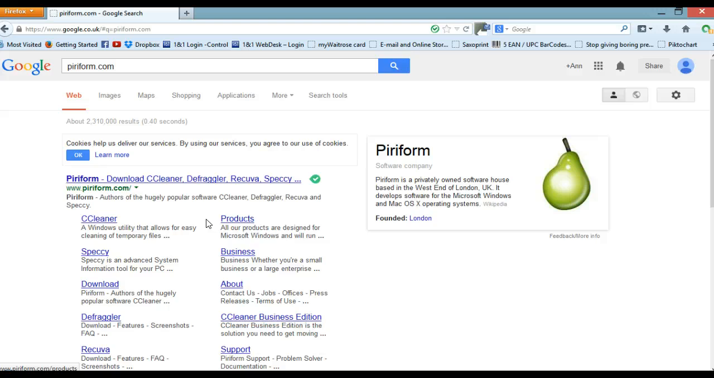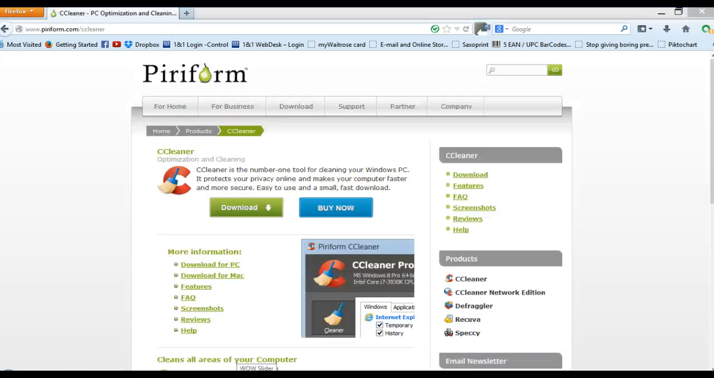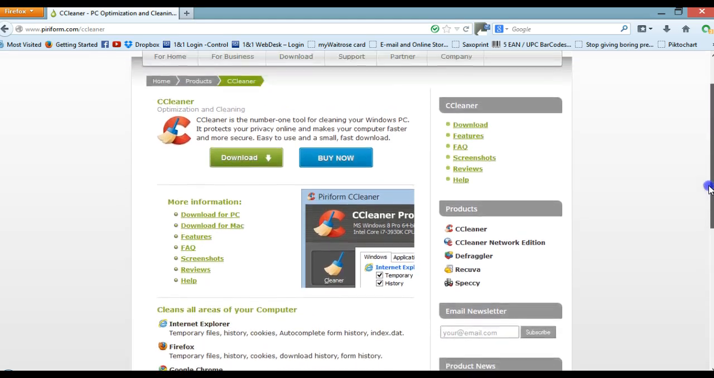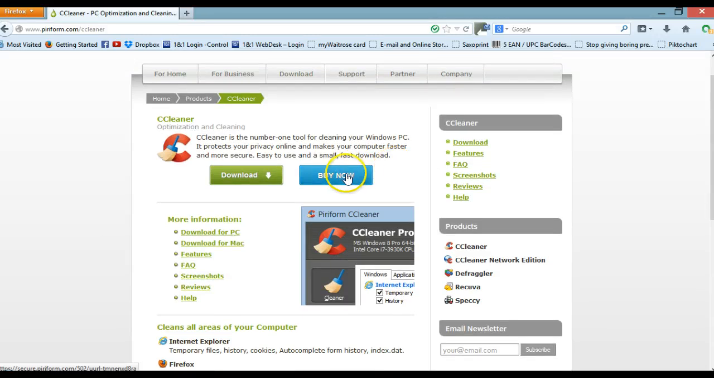And on here, as you can see, there's some information about the company, and I'm actually going to go straight to their CCleaner window. As you can see, there are two options, and what we're going to do is look at the actual free download. You've got an option to buy now or the download, and if you notice, you can actually use it on a PC or a Mac. So click on download,